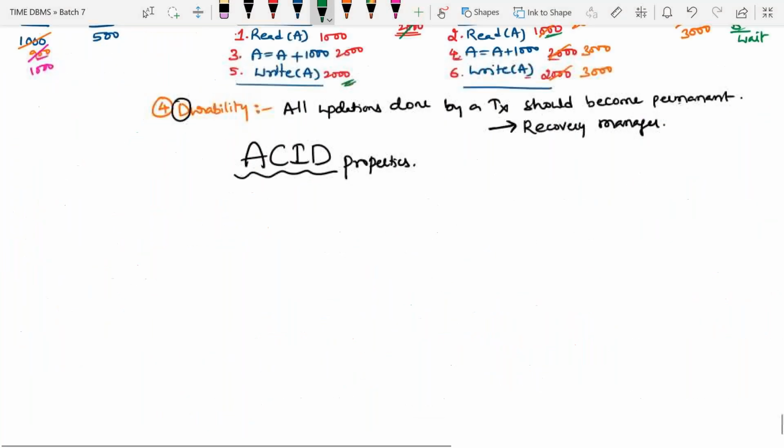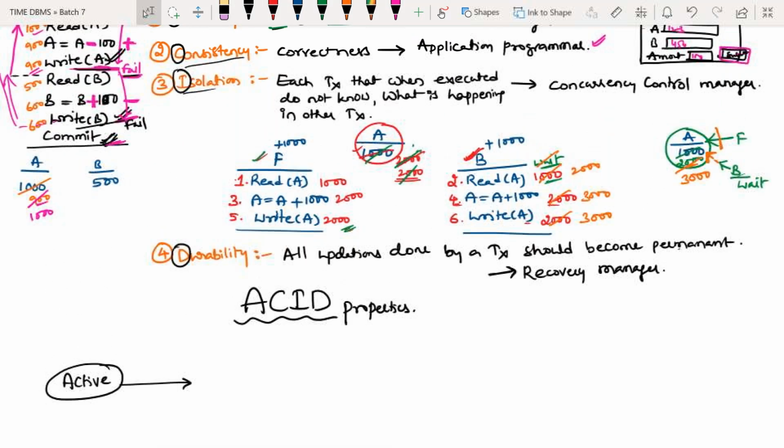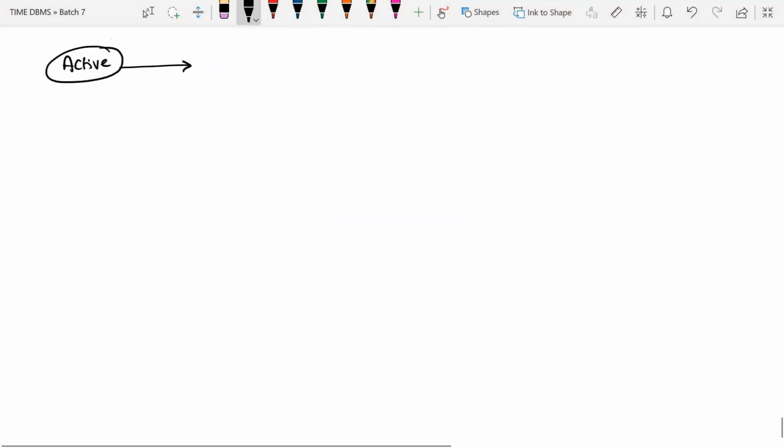What are the states of a transaction? When a transaction is executing, we call it the active state. Active means the transaction is executing. Once the transaction has completed all the operations except commit, we call it